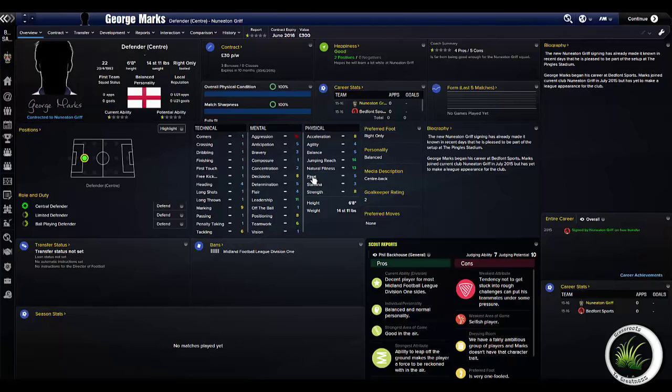George Marks from Bedfont Sports has joined us. Young 22-year-old central defender. Decent stats to a degree. A lot of ones in there though. But at this level, he should...